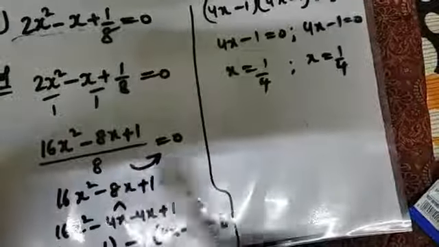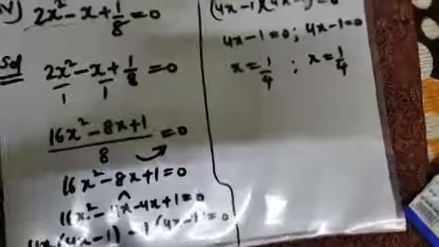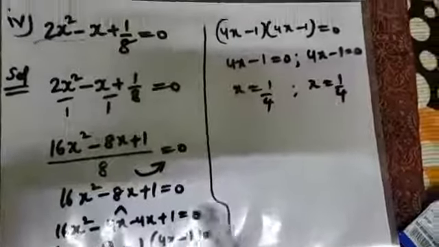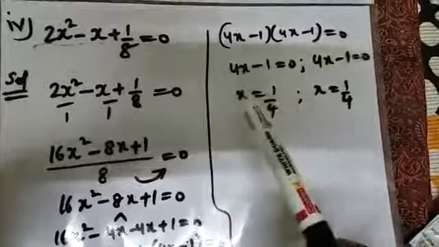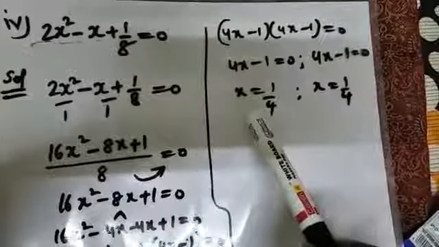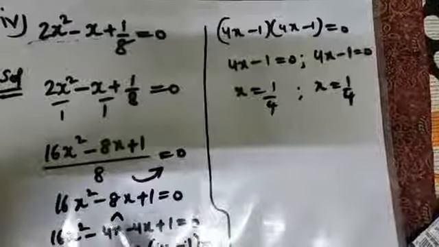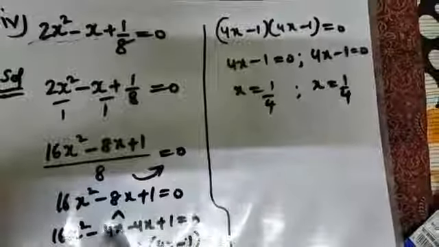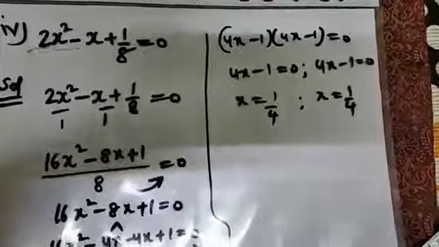So once I transpose this 8 here, it becomes 0, and I got a complete and proper quadratic equation. So once I got a quadratic equation, I'm splitting the middle term using factorization method. So this is how I'll be getting the bracket, and this whole is the process. So you also do check your answer. You should get x equals to 1 by 4 and 1 by 4, and your factorization must be like this only. Splitting middle term should have minus 4x and minus 4x. So this is fourth one. Now let's go to fifth one.